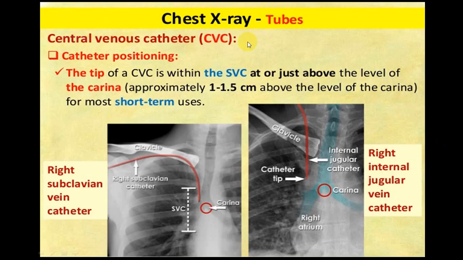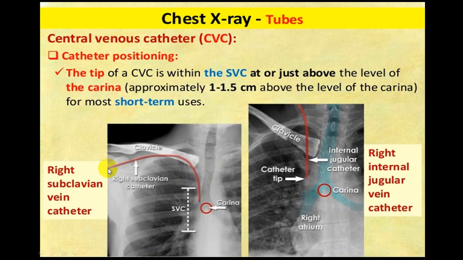Now, central venous. By and large, the central venous catheter is put through the right side. Most commonly, it is done through the right side, through a right internal jugular. So whenever you put that particular catheter, like here, it is usually a straight catheter tip, and that tip should end somewhere here. This is the superior vena cava.